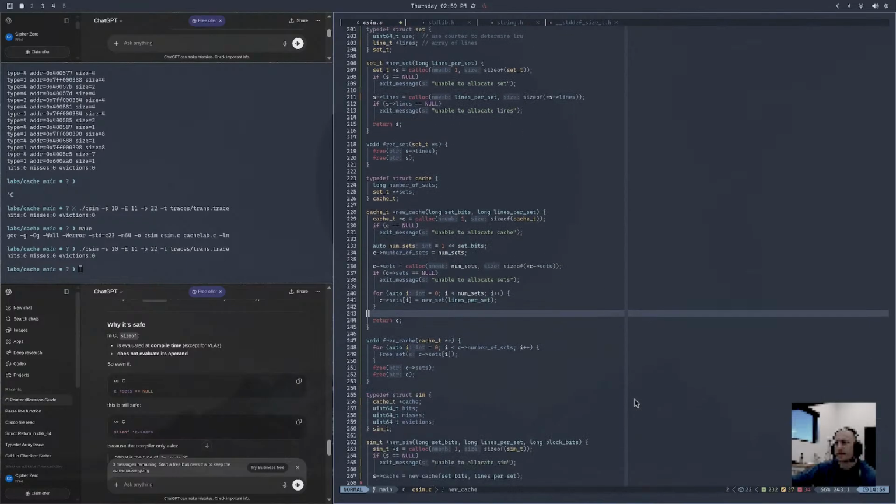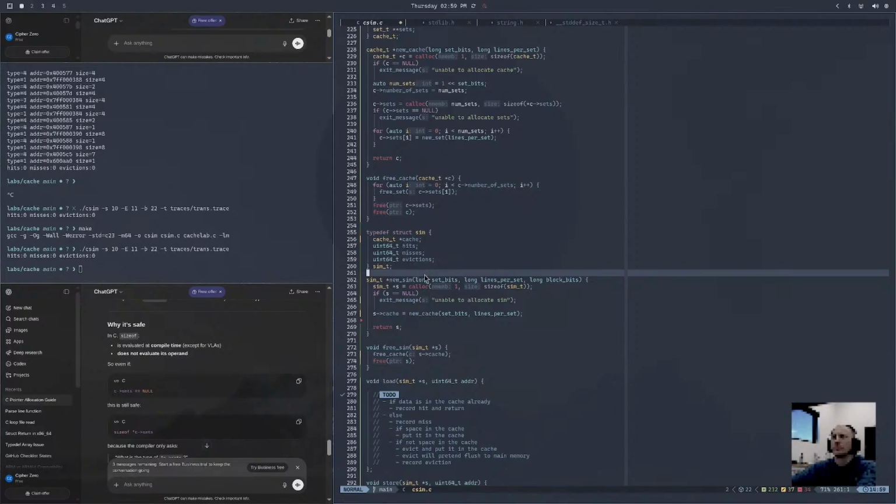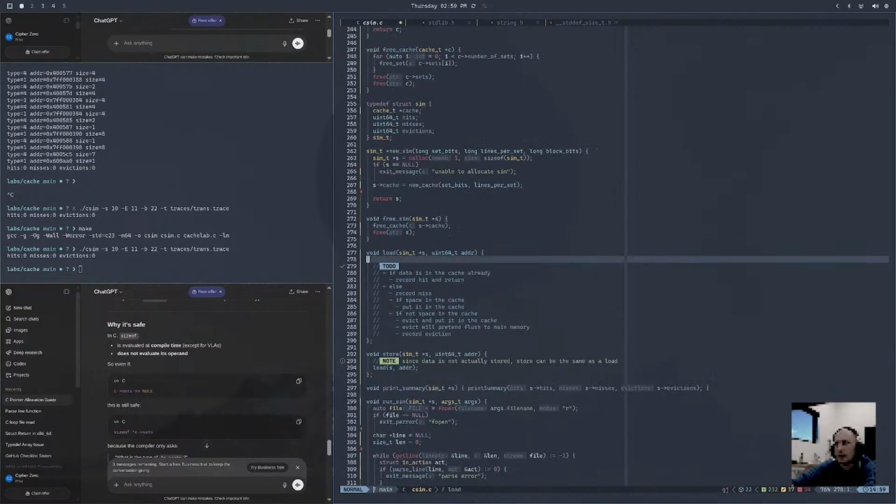But I'm going to do a memory layout here. Actually, you know, I'll just trust it. I think it's fine. So now we've got to handle our load. So what do we do here? We say, hey,